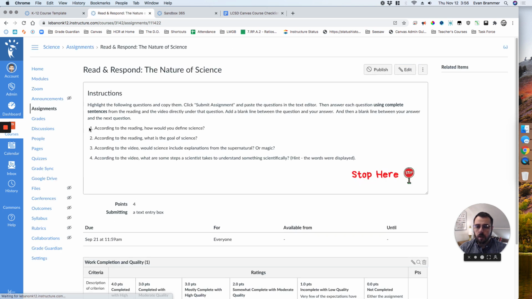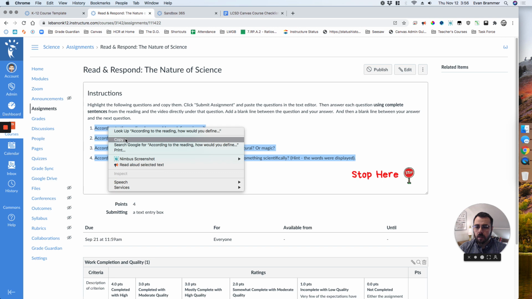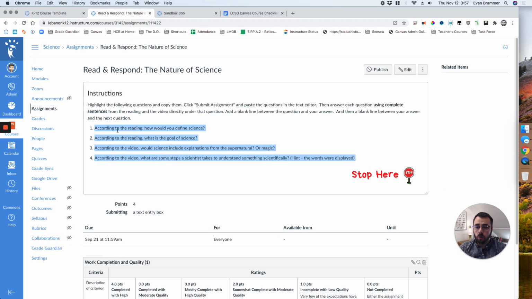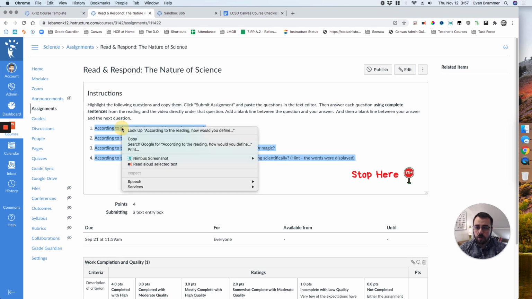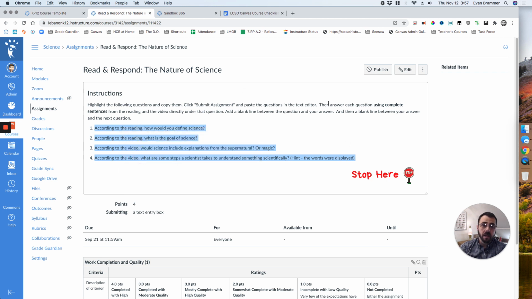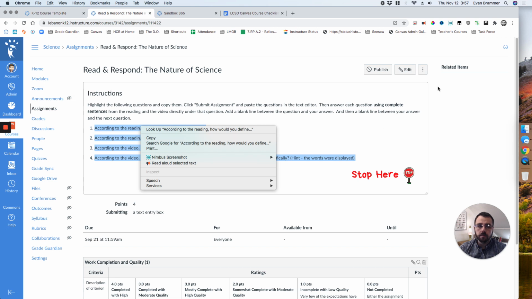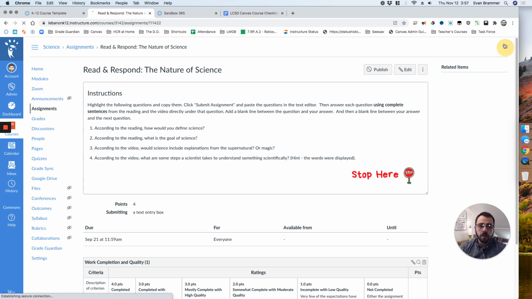And there we go. So now when a screen reader reads this, it will pick up that it is an ordered list. And in my instructions here, I'm actually asking them to copy and paste this into the Rich Content Editor. And so when they do that,